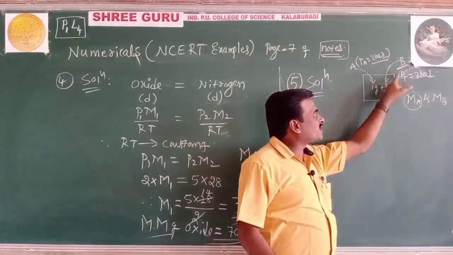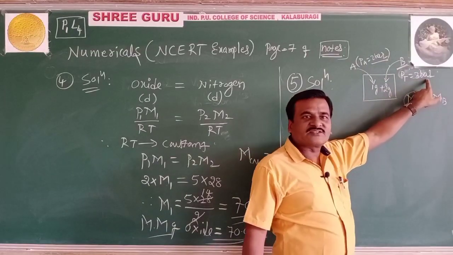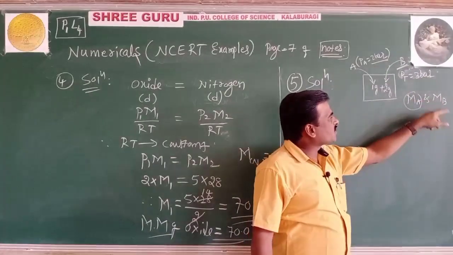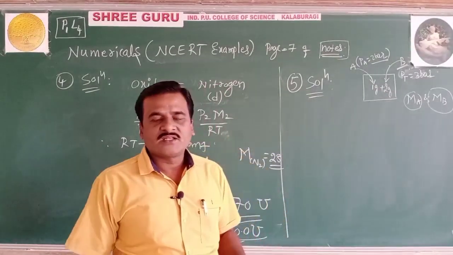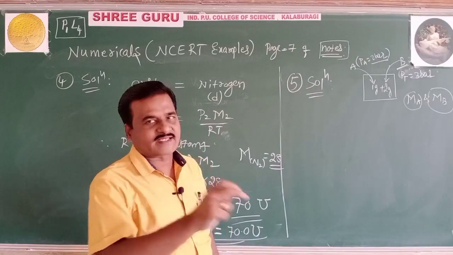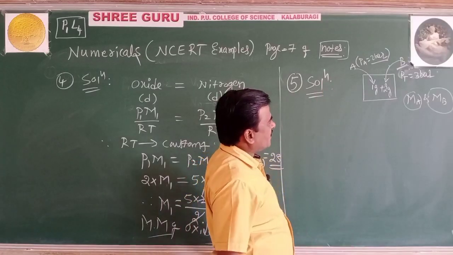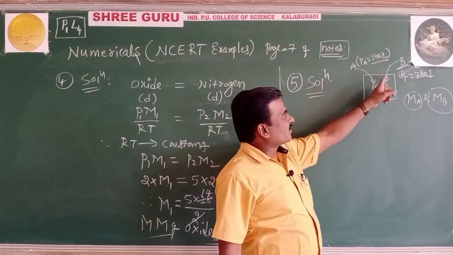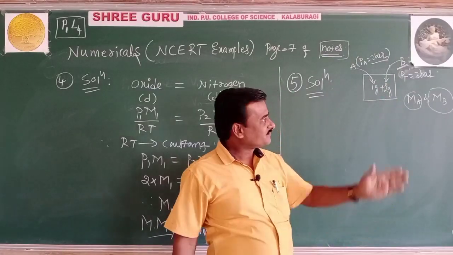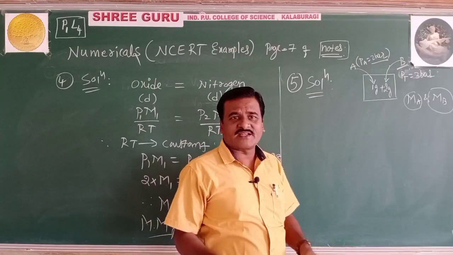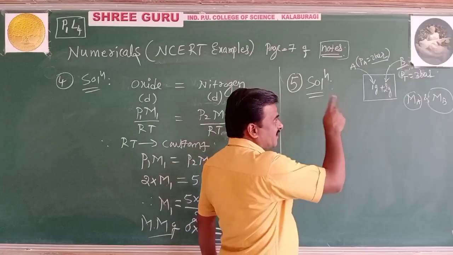After introducing 2 gram of B into the same container, the total pressure is 3 bar. Then finally, you are asked to find the relation between the molar masses of the gases. Well, students, what can you make use of? They have given the pressure. The volume is also fixed, the container volume remains the same, and the temperature is kept constant.